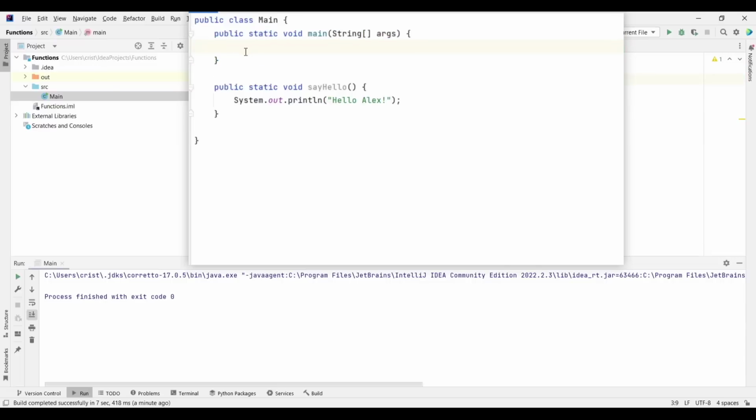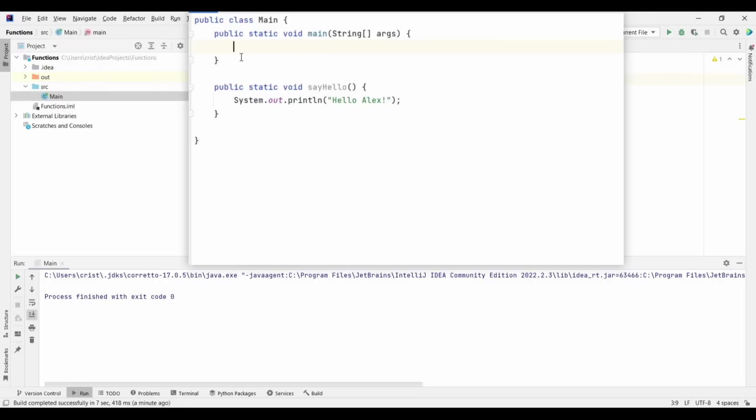So when the Java compiler runs our code, it's executing the main function, and if the main function has code in it which needs to be executed, it will execute that code. If not, it will just finish the program without doing anything, because we didn't type any code here.